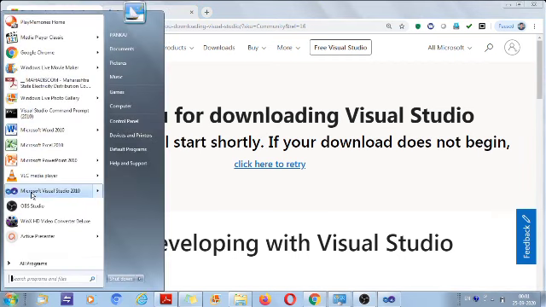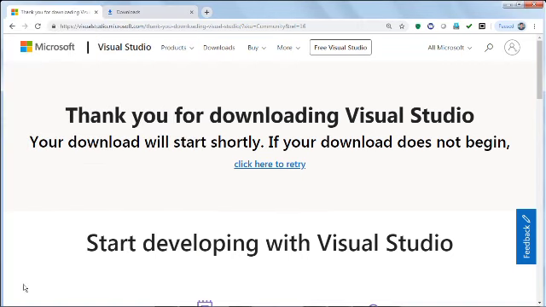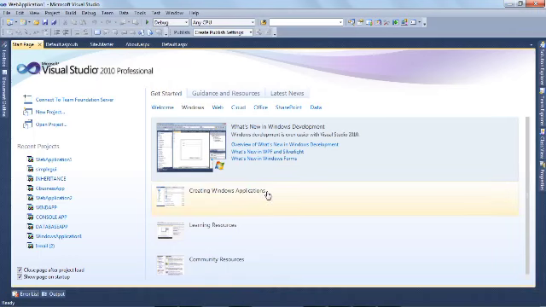So after downloading and installation, you will find this icon here, and then after clicking on that, you will see the screen of Visual Studio like this. Of 2019 you will see the same thing, but there will be community version. So this version is already installed in my laptop, that's why we can learn from this.